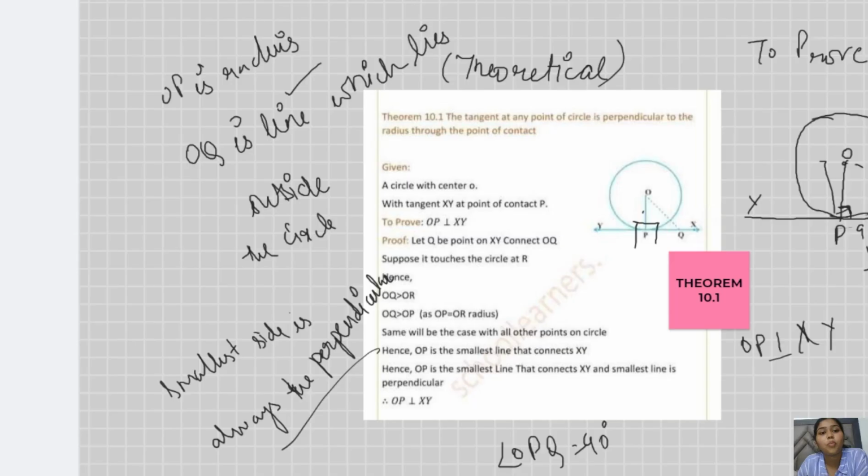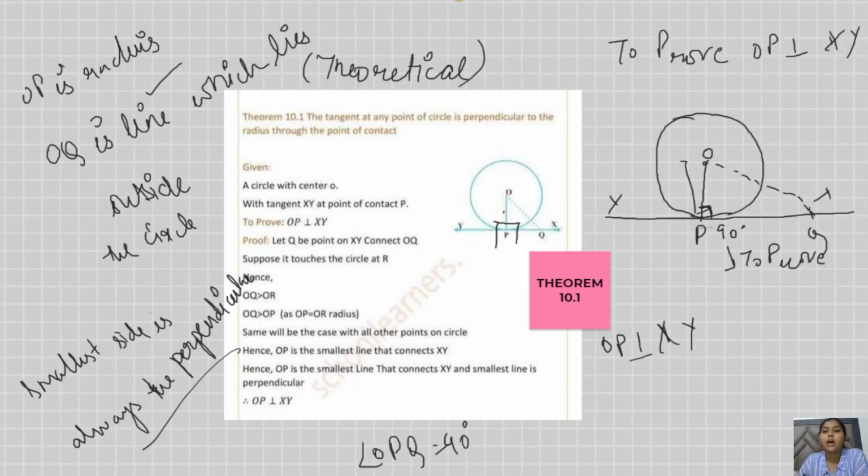What are they, how many points of intersection are there, how are they drawn? Because in these questions sometimes the pictures are not given, so you have to draw the diagrams yourself. So only the statement is given. So when it is given that you have to draw the tangent, if you don't know what a tangent is like, how will you draw it? You should know the basics: what the tangent is, how it is drawn, and the number of points of intersection.